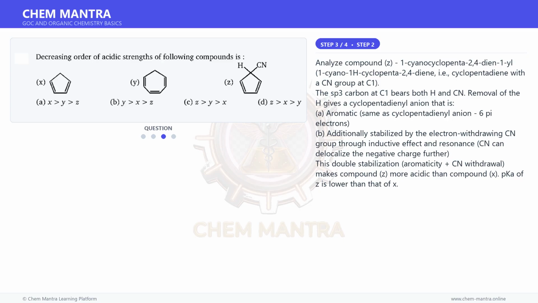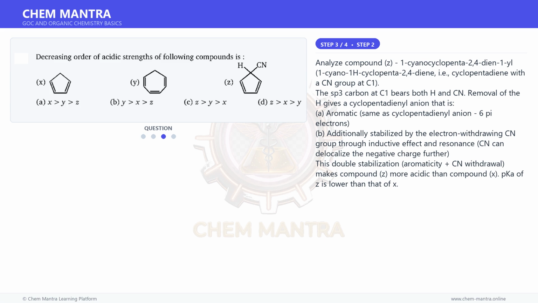Moving on to the next step. Analyze compound Z, 1-cyanocyclopenta-2,4-diene, which is 1-cyano-1H-cyclopenta-2,4-diene. It is cyclopentadiene with a CN group at C1. The sp3 carbon at C1 bears both H and CN. Removal of the H gives a cyclopentadienyl anion that is